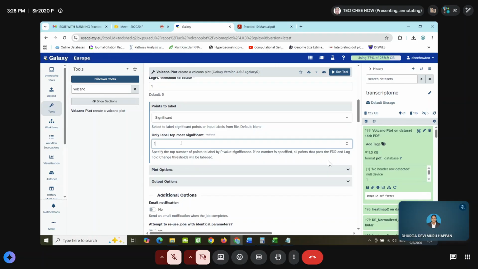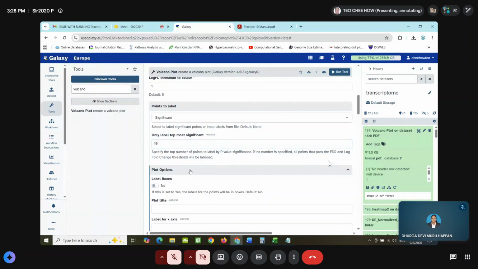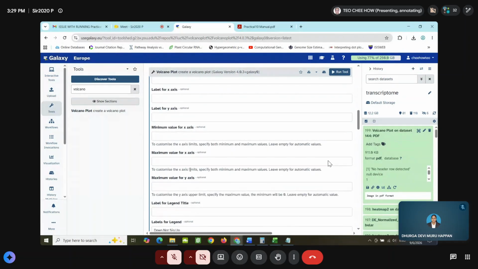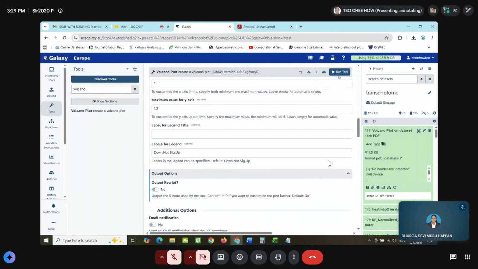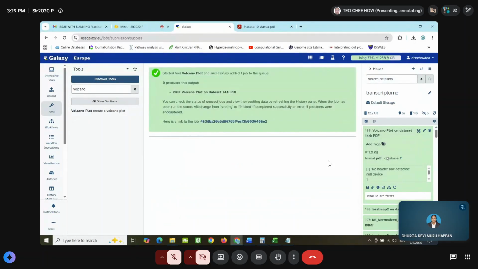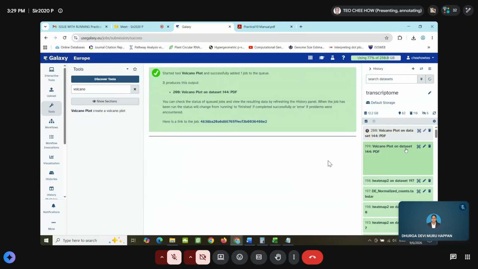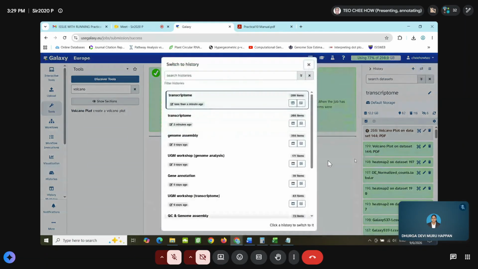So top 10 most significant. That's one. All right. I rerun again the volcano plot using the new version of the volcano plot. Let's see whether it will show us a different result.